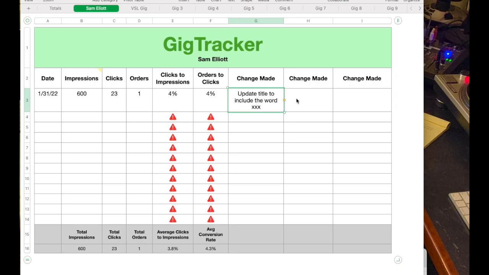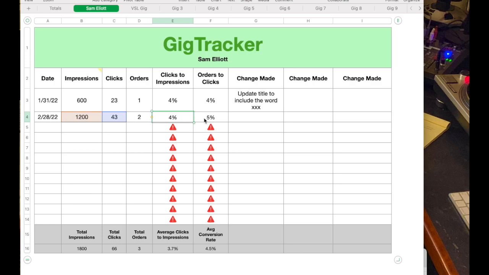Okay, now let's say, by the way, today is 1/31/22. So maybe now it is a month later, and so it'd be, well, in this case, it would be February 28th, right? So let's say 2/28/22, and lo and behold, those impressions are up. We got 1,200 impressions. Clicks are up correspondingly, and we got 2 orders. All right, so the percentages here are still good, but we wouldn't mind if the numbers came in still higher